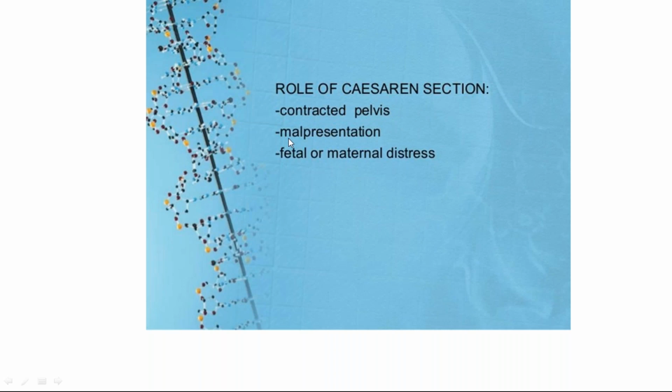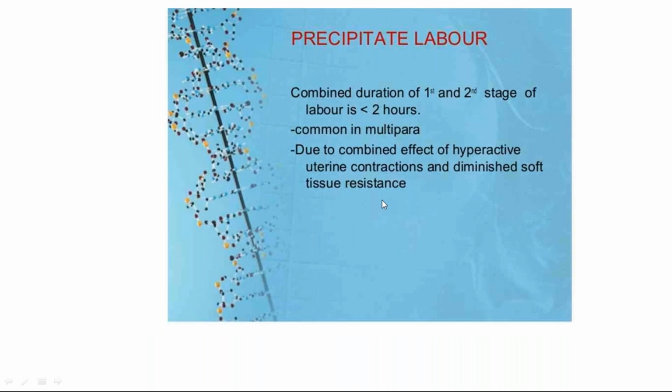Then when you have not diagnosed a malpresentation in the antenatal period, usually you don't find any fetal distress in uterine inertia, because uterine action is not there. There's no chance for hypoxia for the baby. But the mother may go into a little distress because of lack of intake of fluids. So that's about the hypotonic uterine inertia.